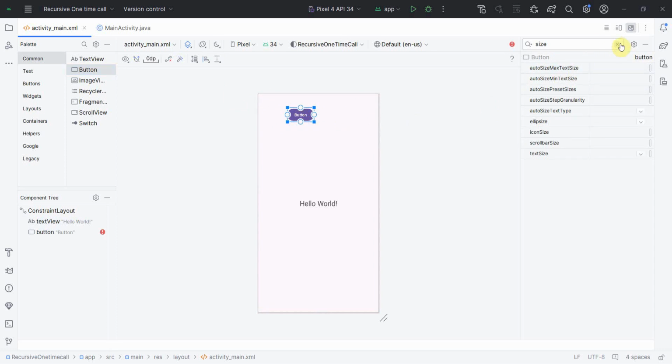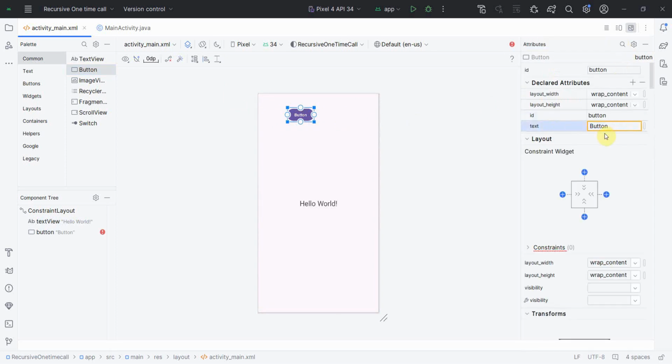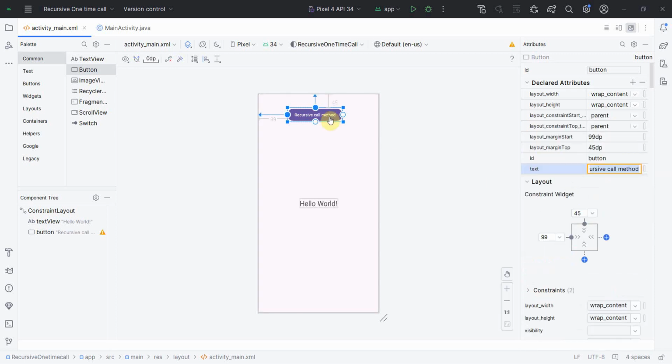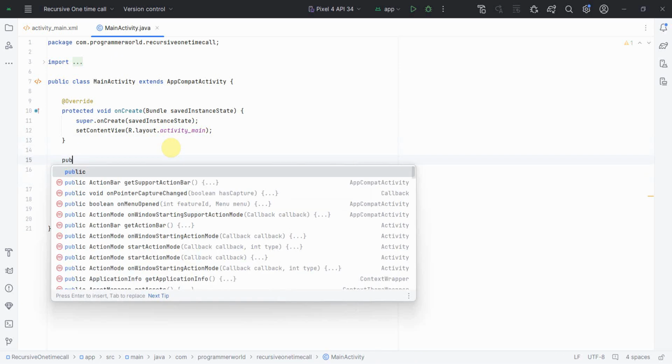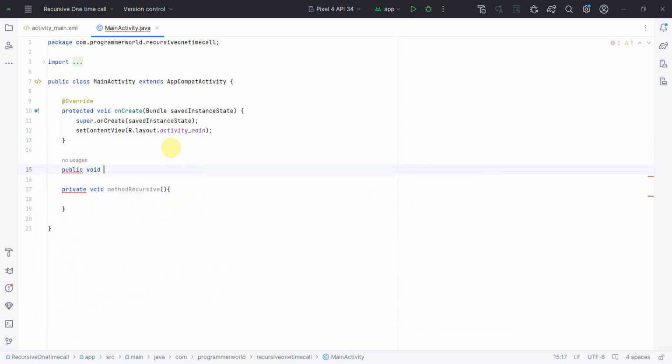The name of the button could be recursive call method. You can name this anything, it doesn't matter, and I'll give it some constraints. And I'll create another method first for this particular button, which will be public void button recursive call,